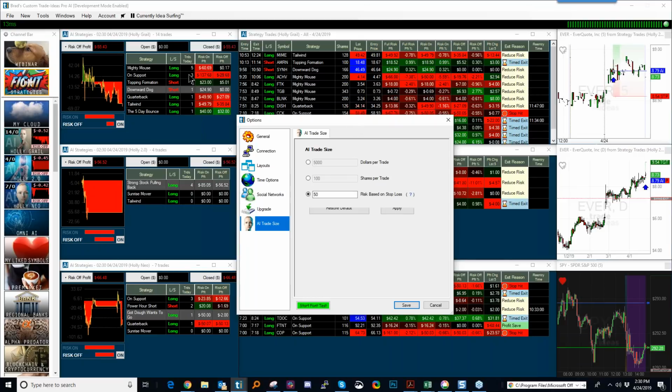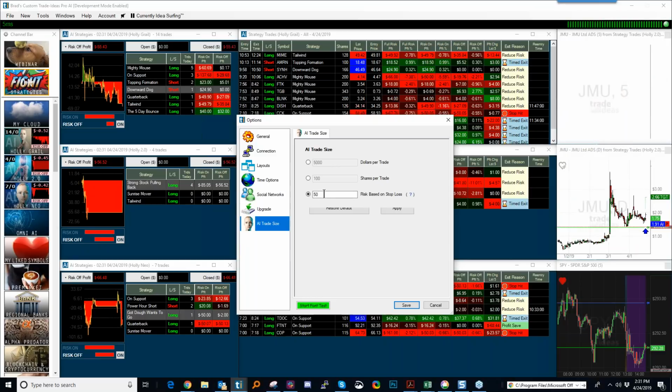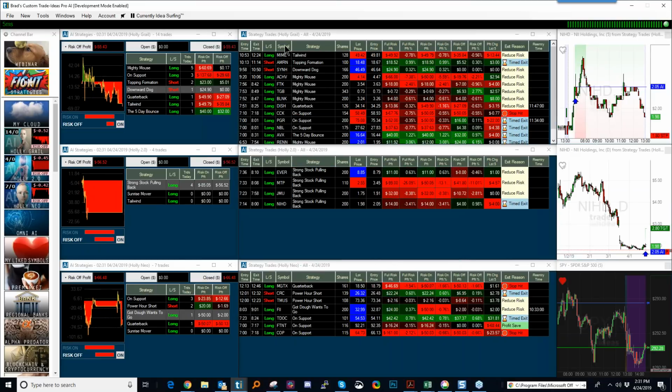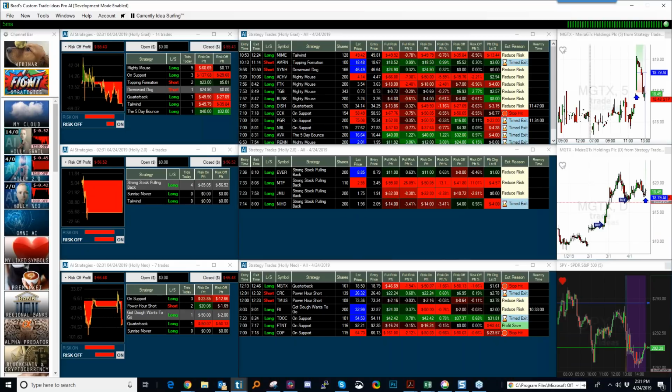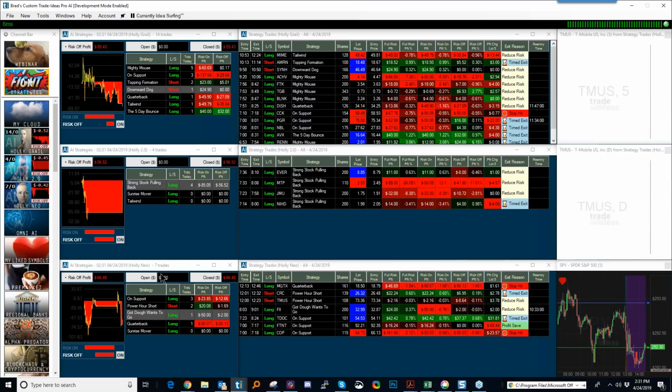Essentially, every one of these trades that's being suggested has a stop loss associated with it. By putting a 50 into this value right here, that's saying that I'm willing to risk $50 if the stock was to get stopped out based on where that stop price is. So that's going to be my risk per trade. As you look at the signals that were generated, I have three different AI segments here on this view. I've got our original Holly that had 14 trades, 14 ideas today. The second segment, Holly 2.0, had 4 different ideas, and the third one had 7.